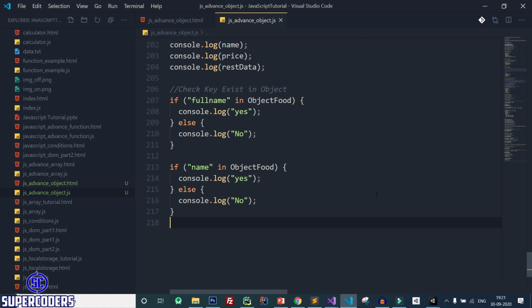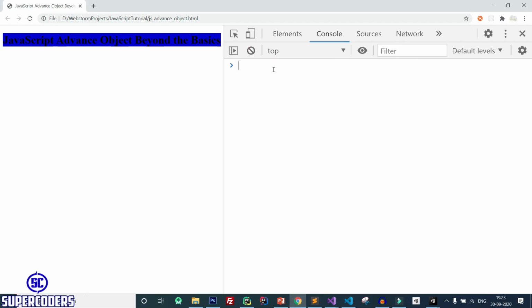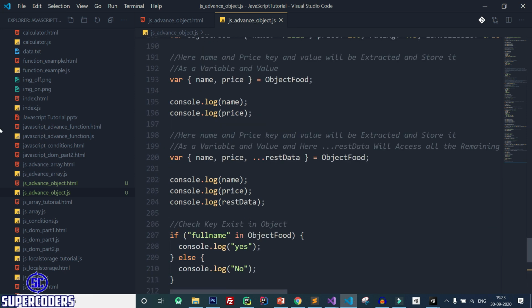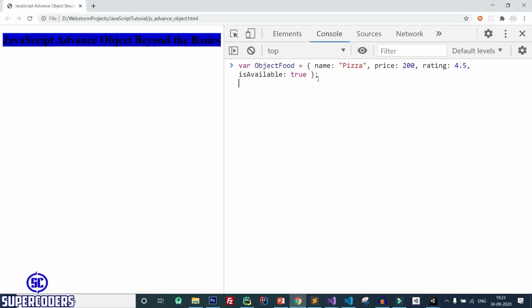So let's see the use of the this keyword in an object. Now let's check this example. So back to Chrome, clear the console. Now let's see how you can use the this keyword inside an object. So suppose that I have an object like this, so copy it. Let's copy the object data, back to Chrome, paste it, and I'm going to create a function.